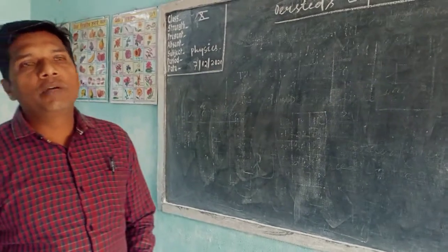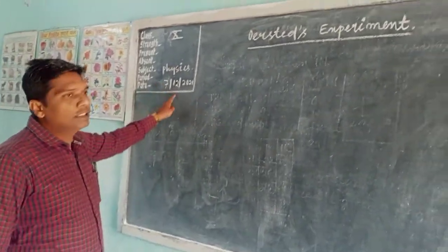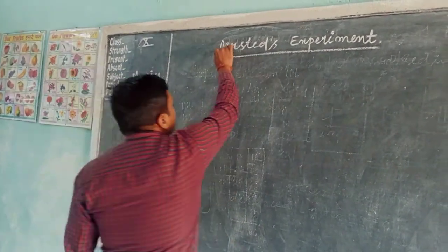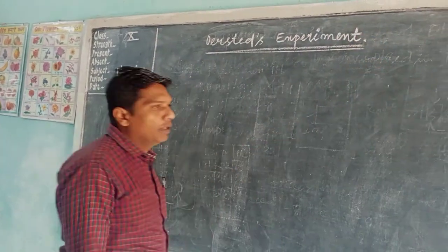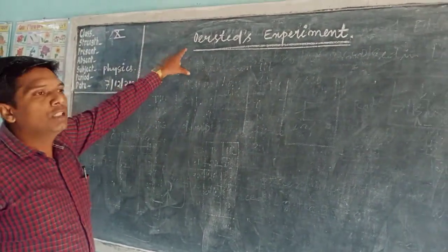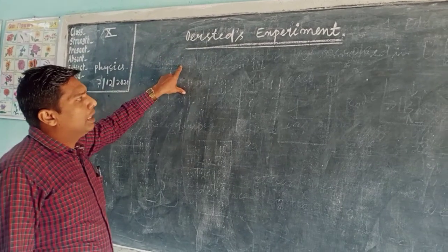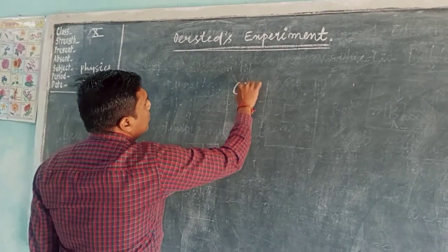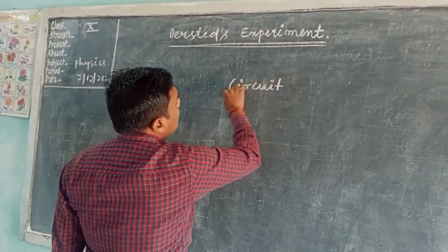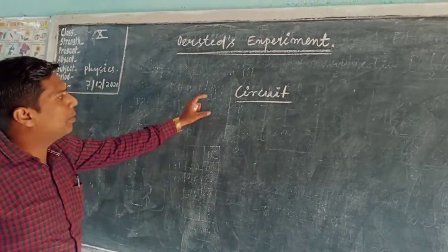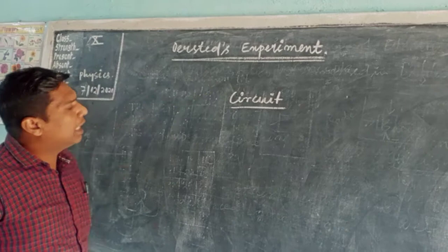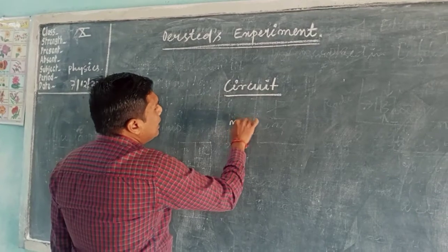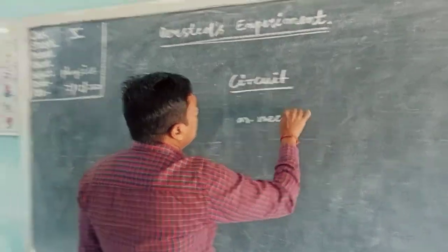Now today we are going to discuss class 10 physics. Today's topic is Oersted's experiment. Oersted is a scientist. What is the experiment? This one we will study. Oersted was doing an experiment about the circuit. When he was experimenting with this current circuit, at the time, unfortunately, he kept a magnetic needle near the